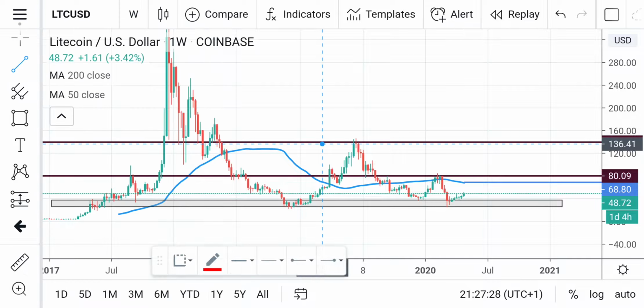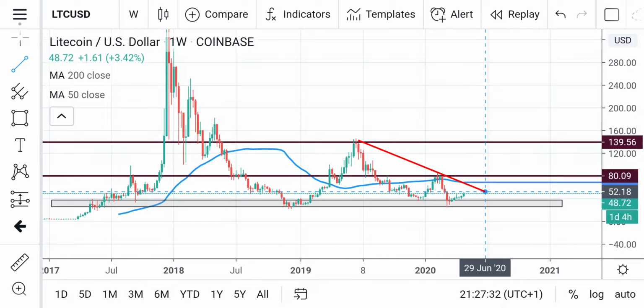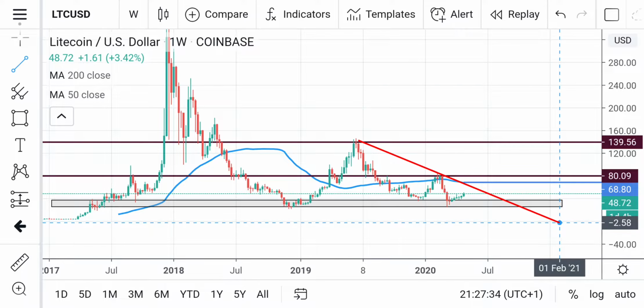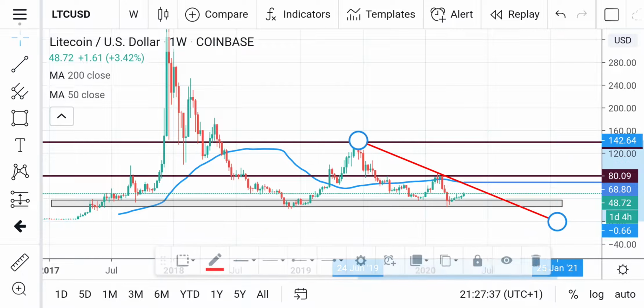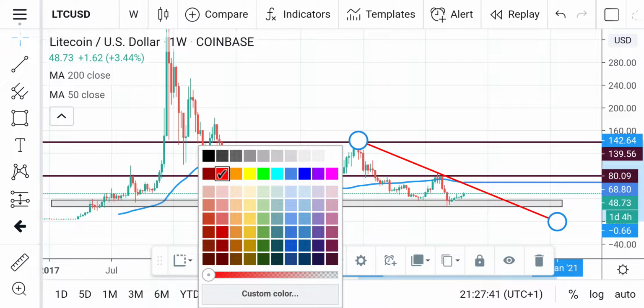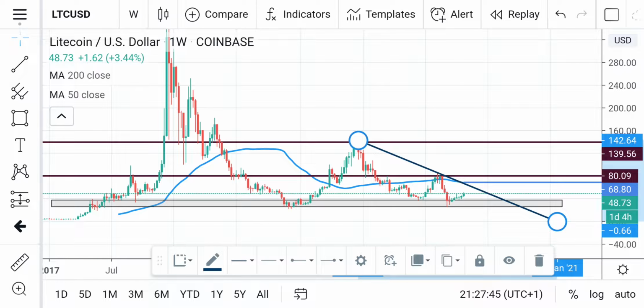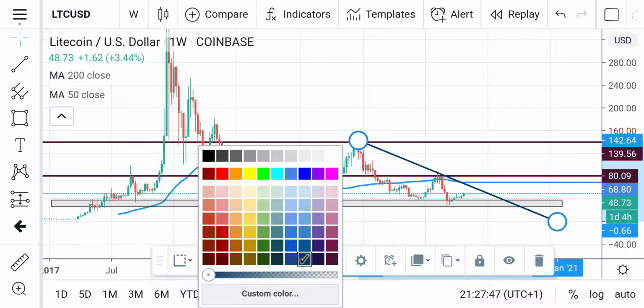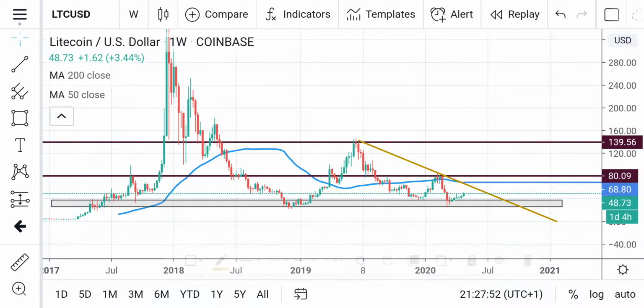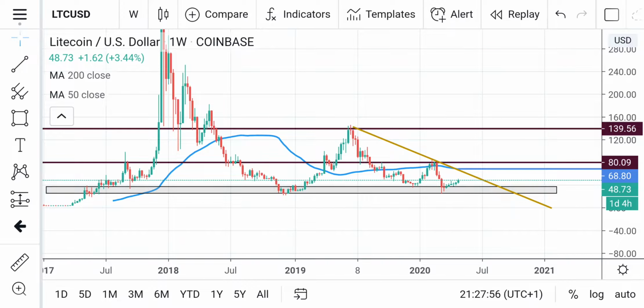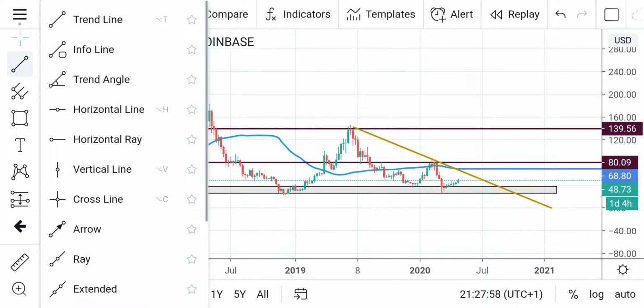So the next thing I could just look to do is strike this trend line. I can choose to use another color for my trend line. So let me just use something deeper. I don't want black. Let me use this. So I use this golden color as my trend line. So you can see